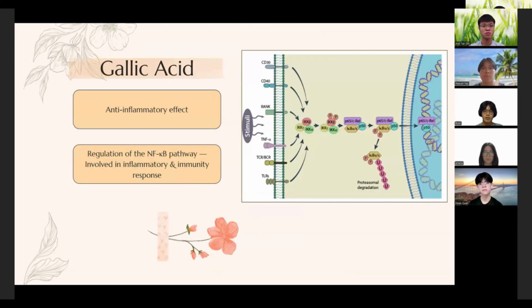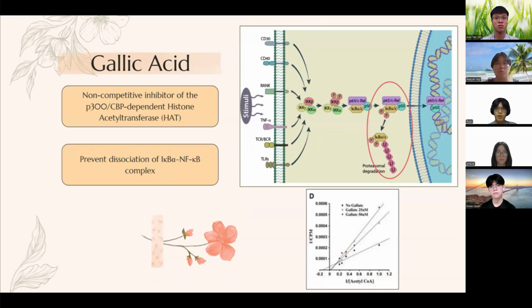And how does gallic acid do this? It is through its anti-inflammatory effect, and it achieves its effect through the regulation of the NF-kappa B pathway, which is involved in inflammatory and immunity response. Now, one section of this response pathway that is very crucial to its effect is the section that's circled in red, whereby the P65 protein has to first